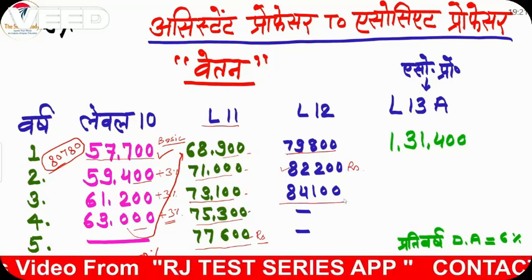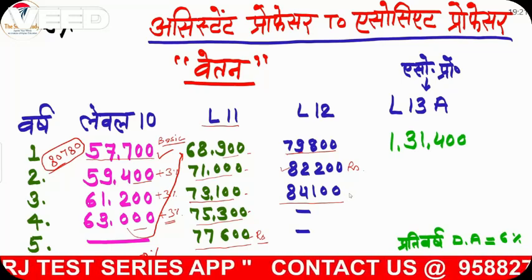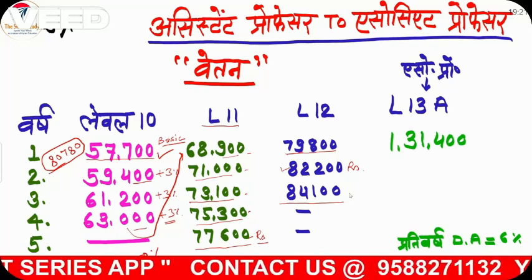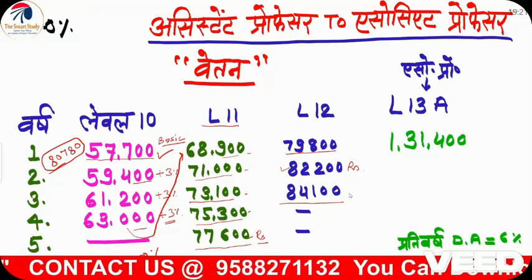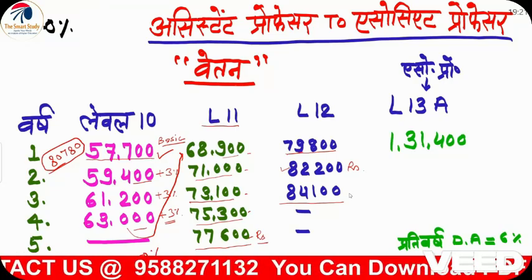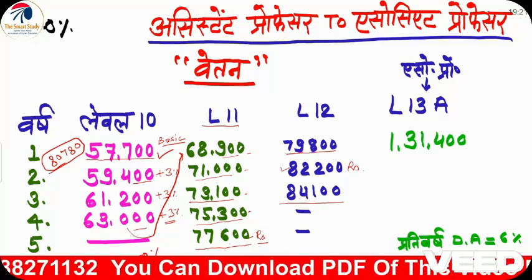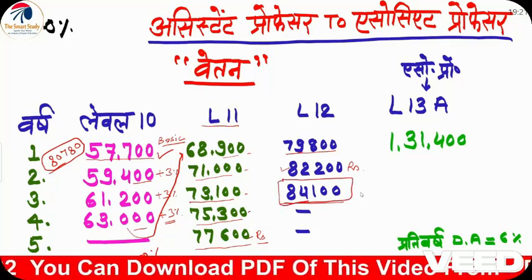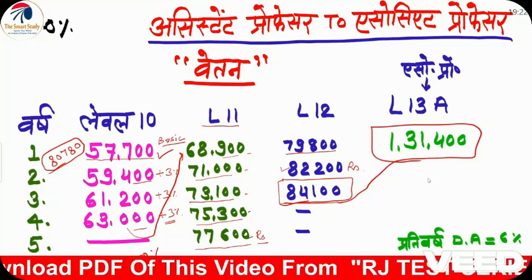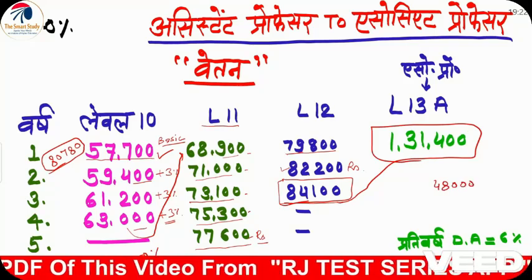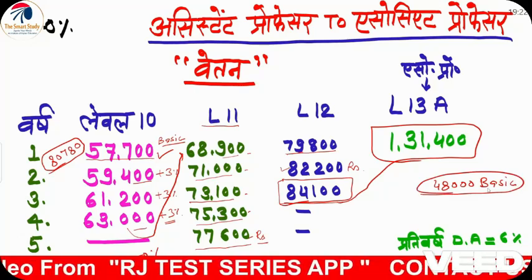First year in level 12, in the 10th year you will have this basic. You will receive a basic salary of 82,200 to 84,100 rupees. Now here there is a significant increase in the salary. Levels 10, 11, and 12 pertain to the role of assistant professor. When you become an associate professor from an assistant professor, your level changes to level 13, and the basic pay at this level is 84,100 rupees. If you are promoted directly to associate professor from this basic level, your basic salary increases by approximately 48,000 rupees,